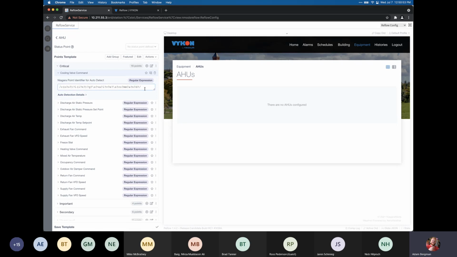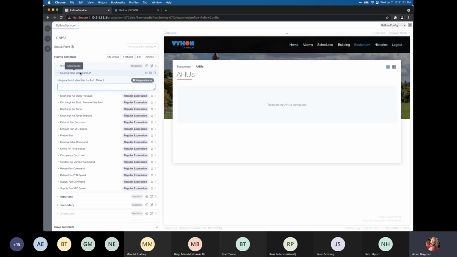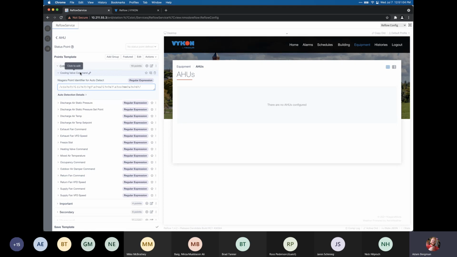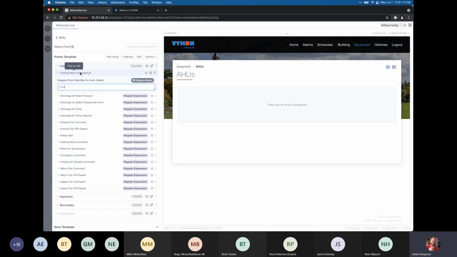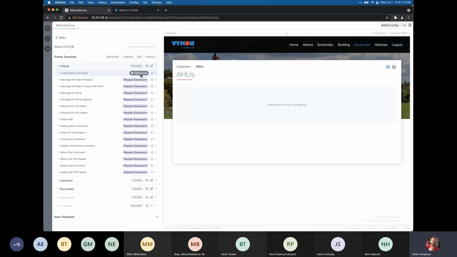But don't worry, if you want to create your own identifiers, you don't have to learn regular expressions. You can also match points just based off their name. So if I take this one out, regular expressions start with a slash and end with a slash here. If I just get rid of those slashes and I just say match CLG, VLV, CMV, now it's only going to match a point named that exactly,